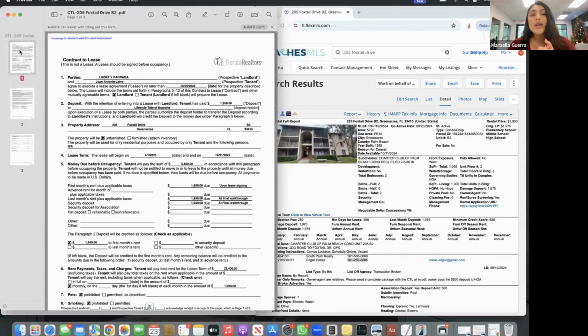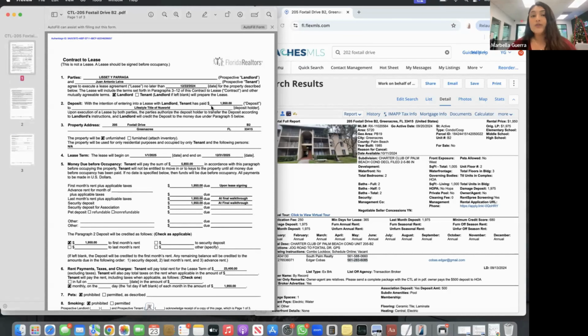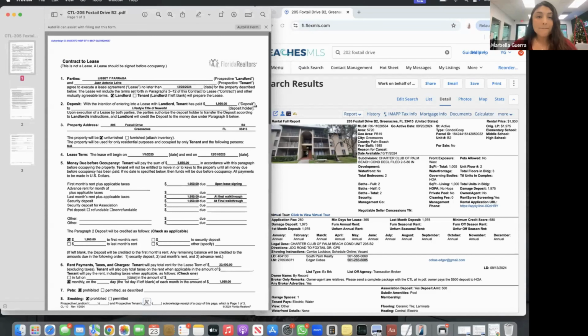Now, we send this document by going on Transaction Desk. On Transaction Desk is where you can find this document to fill out. And this is how you're going to fill it out. I have here an example of 205 Foxtail Drive, B2 in Green Acres, Florida 33415. So the first thing that we have to do when we're going to fill out a contract to lease is